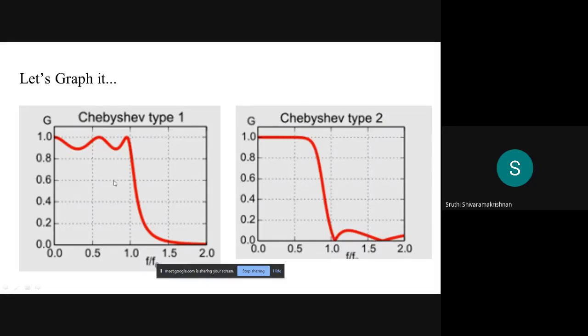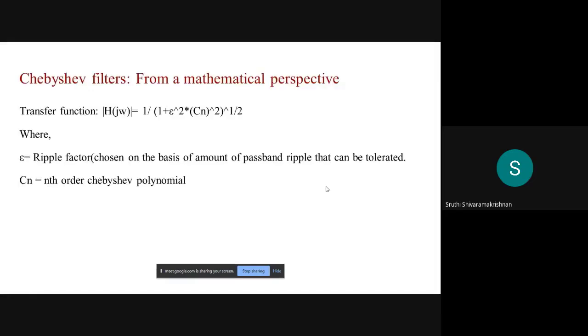And if you see, when they tell you to design some problems, they will give you the pass band gain, the stop band gain, all those things. Approximately you can see that this is the cutoff frequency here, and the corresponding gain you can see. And then in case of stop band, you can see the corresponding gain. They will specify that. So on the basis of that, we'll design the Chebyshev filter.